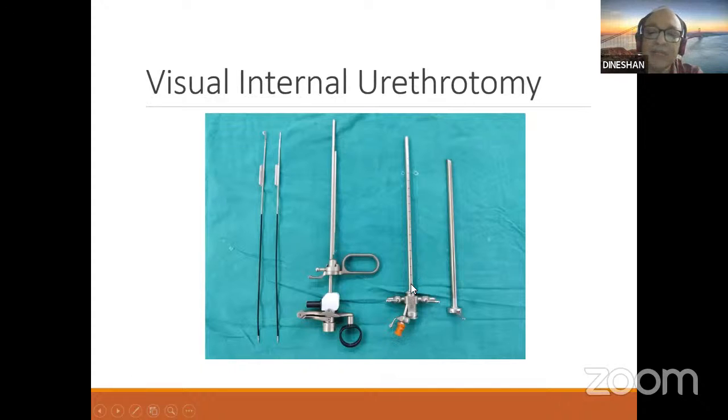And you can see the markings here, 1 centimeter. Here you have all the markings throughout the sheath, and unlike the cystoscope sheath, you have markings only towards the proximal part. Here only you have the markings. The markings are used for measuring in the cystoscope sheath. All these markings are 1 centimeter apart.